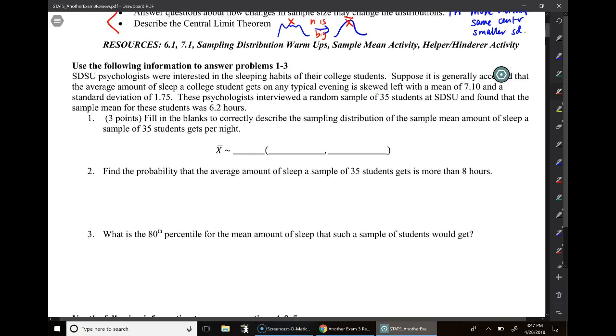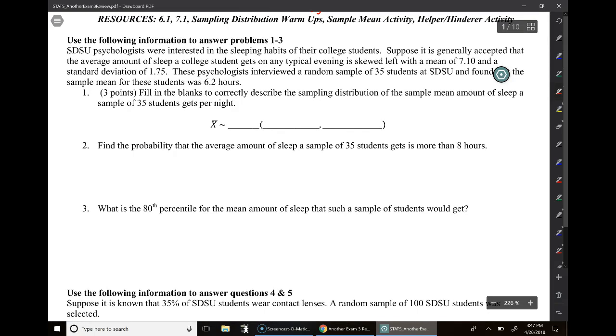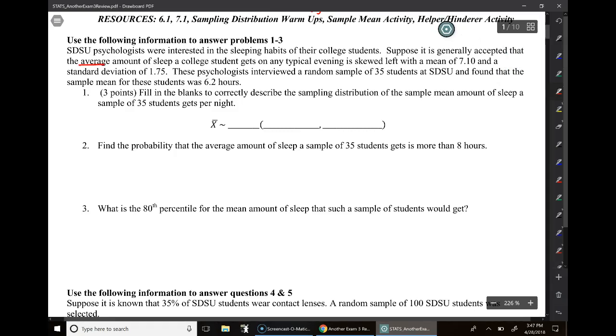Okay, so you've got some example questions. This is exactly how you'll see it on the exam. If we read through here, it says, suppose it is generally accepted that the average sleep is skewed to the left with a